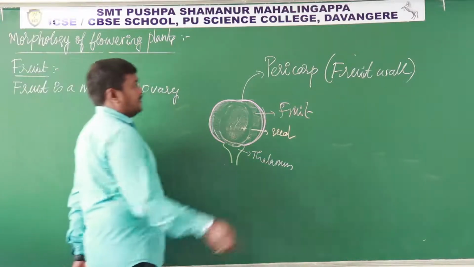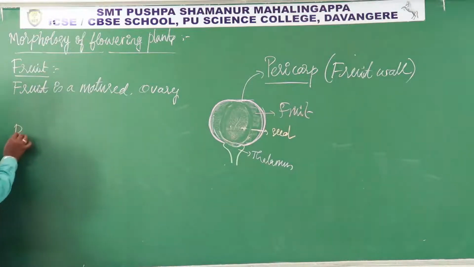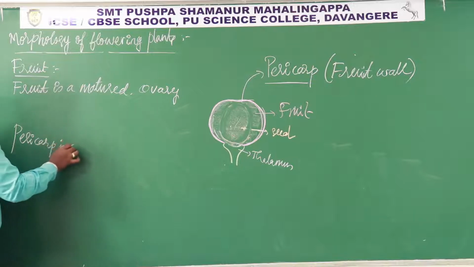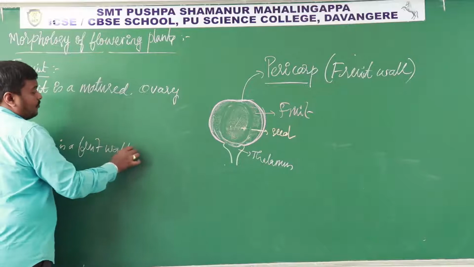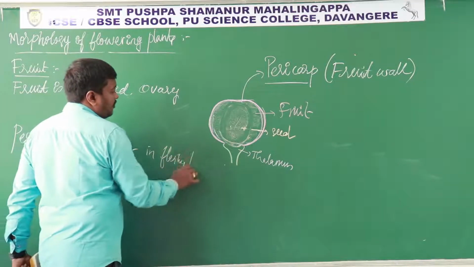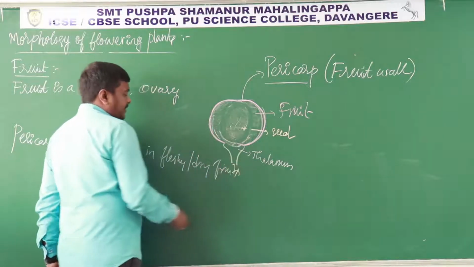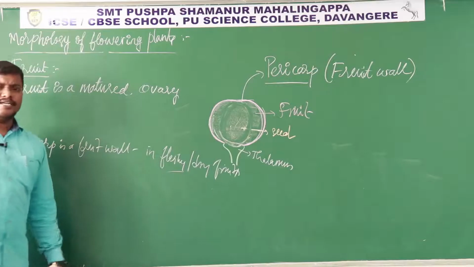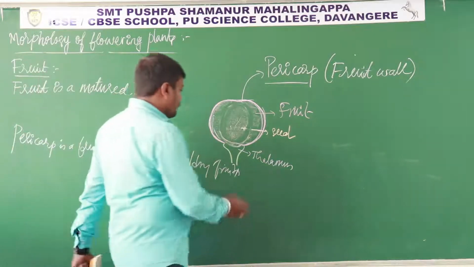Okay, let us write a bit about the pericarp. The pericarp is the fruit wall in fleshy or dry fruits. You can judge what fleshy and dry mean: fleshy means very soft fruits, and dry means hard ones. So in fleshy and dry fruits,